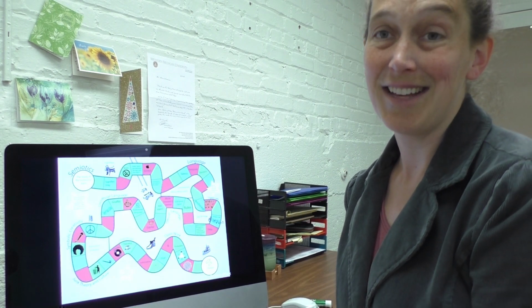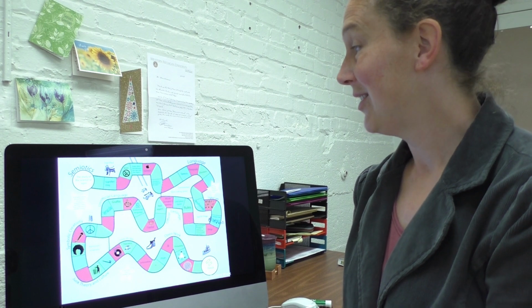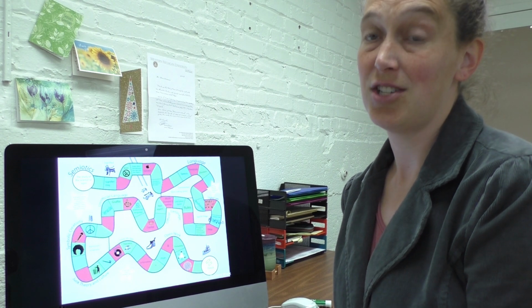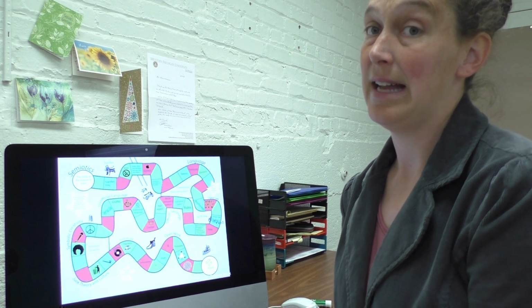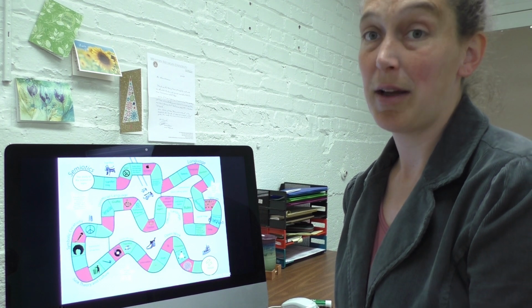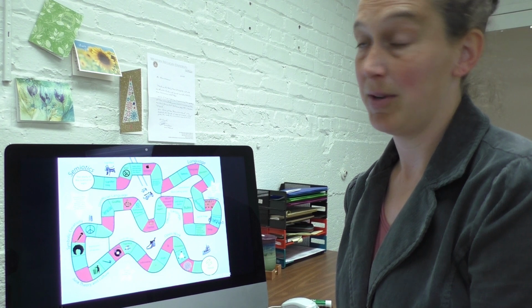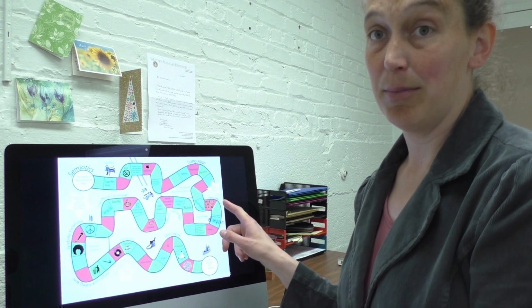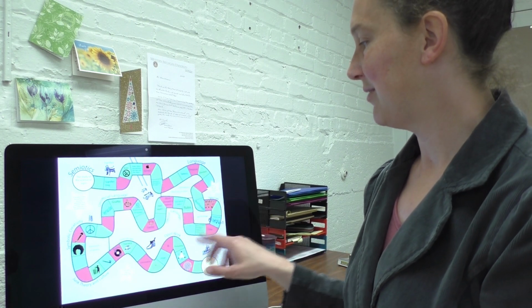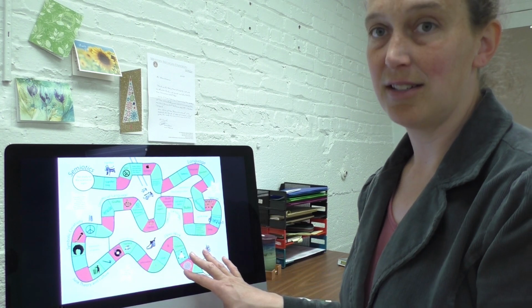Okay, and so this is the last slide of student work that I'm going to talk about. And this one probably does the best job of clustering the information in a way that is not chapter based. So this is probably the strongest example that I'm going to show you. And so they use this idea of a game board and then put different bits of information about semiotics along it,